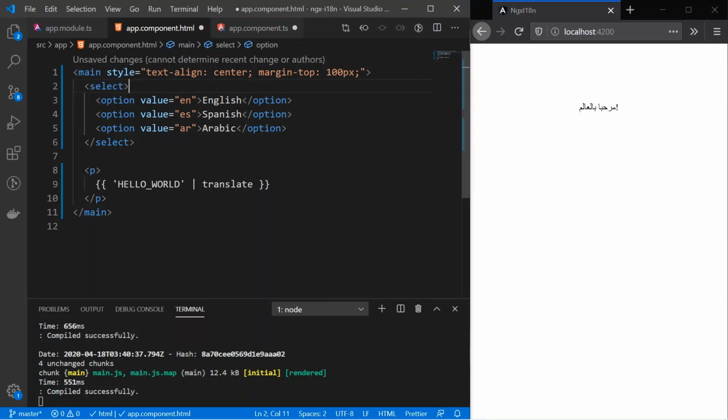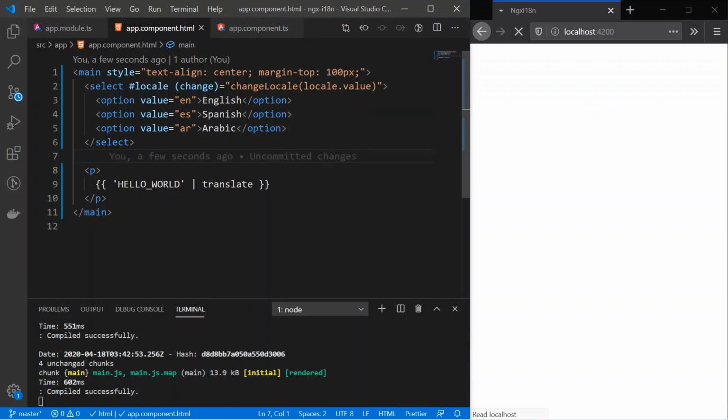Okay. And here we can add a reference, and on change we can use changeLocale. With this reference we are going to pick the value whatever is going to be changed. Okay, so let's save that.